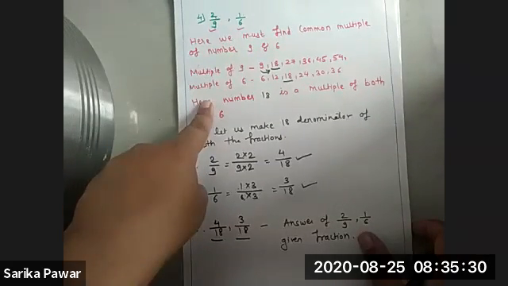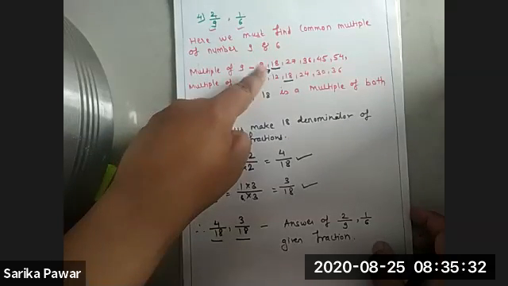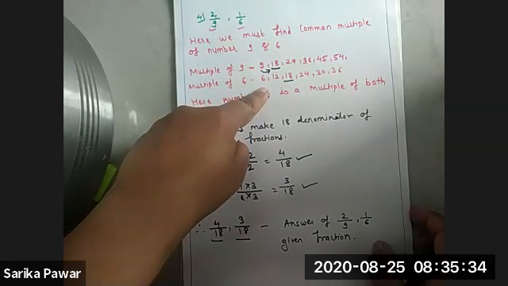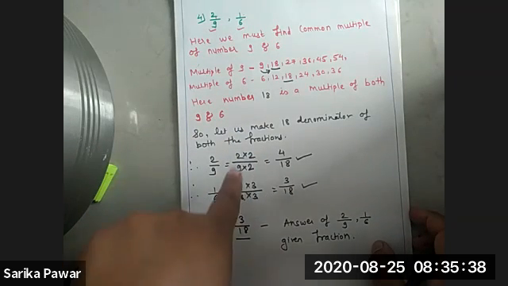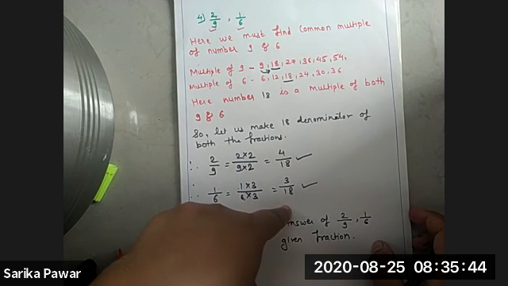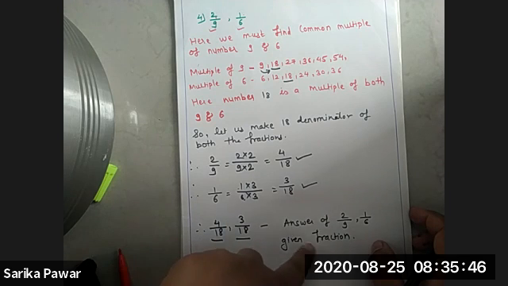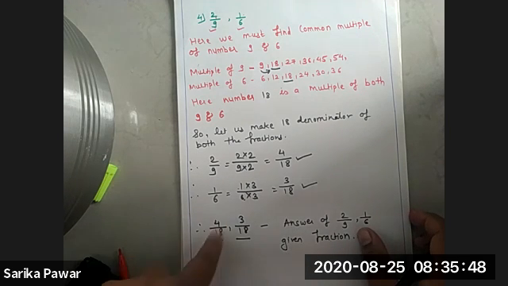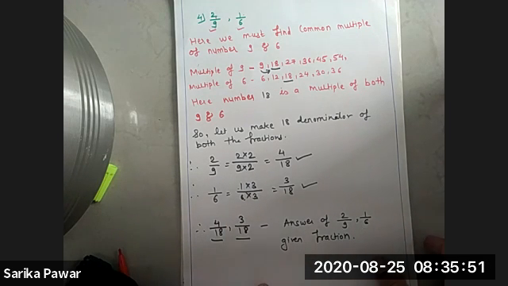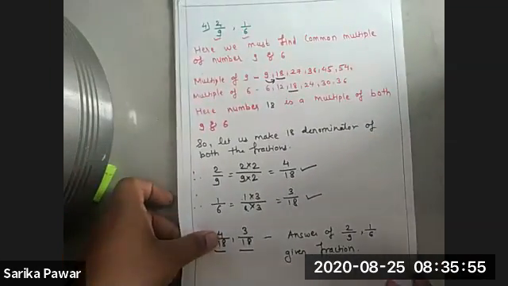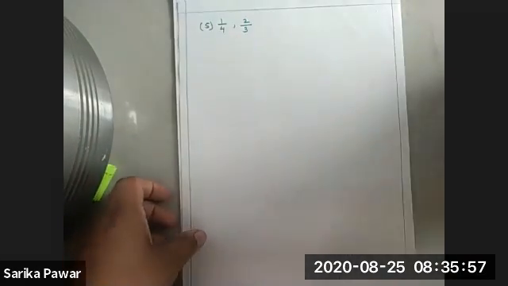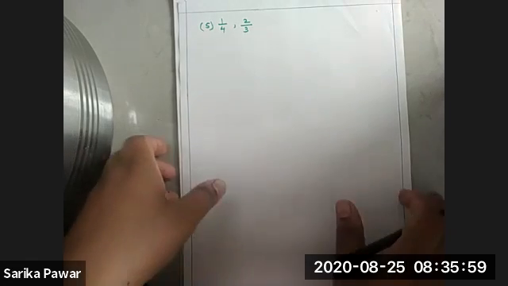You have to write both the tables, and from both the tables you have to find the common number. After finding the common number, you just have to equalize the denominator. As you equalize the denominator, you are able to find the answer for like fractions. So we have to convert the given fractions into like fractions. See, problem number 4 is finished here. Let us turn to problem number 5.